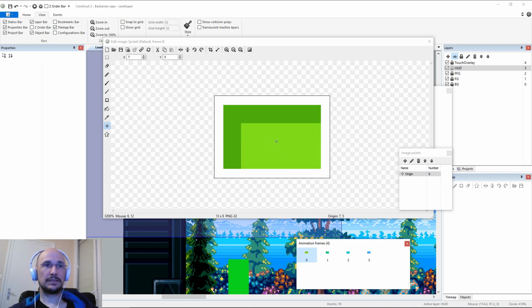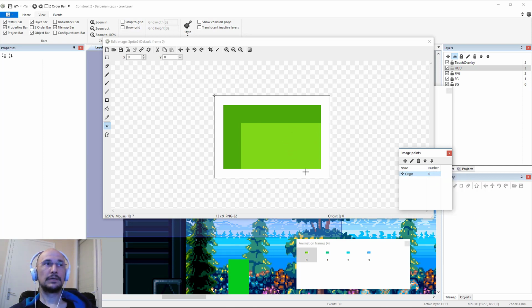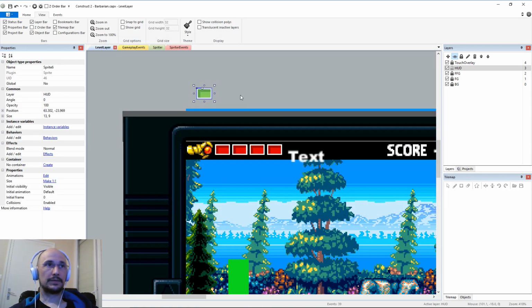And typically it's easier to position them if the origin point is top left, and then apply to whole animation. And then for this we definitely want speed of 0 as well. All right, so here we have the first one,